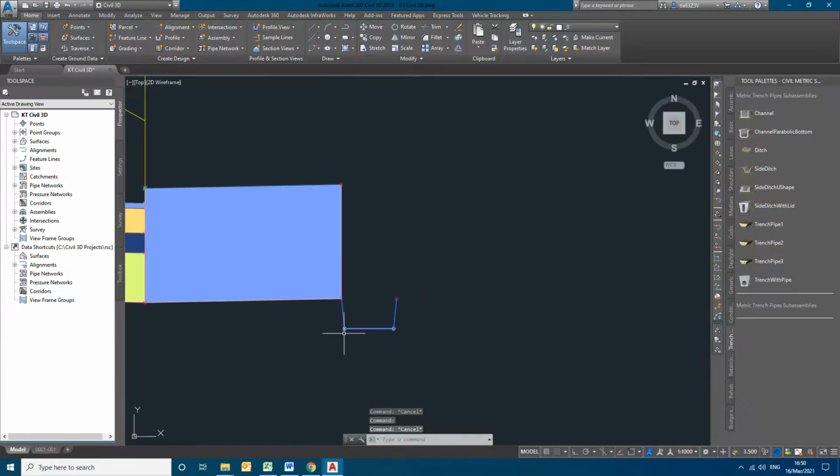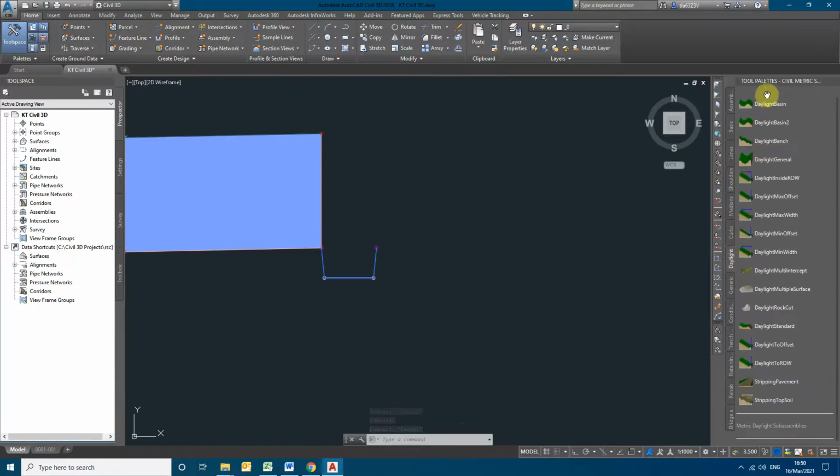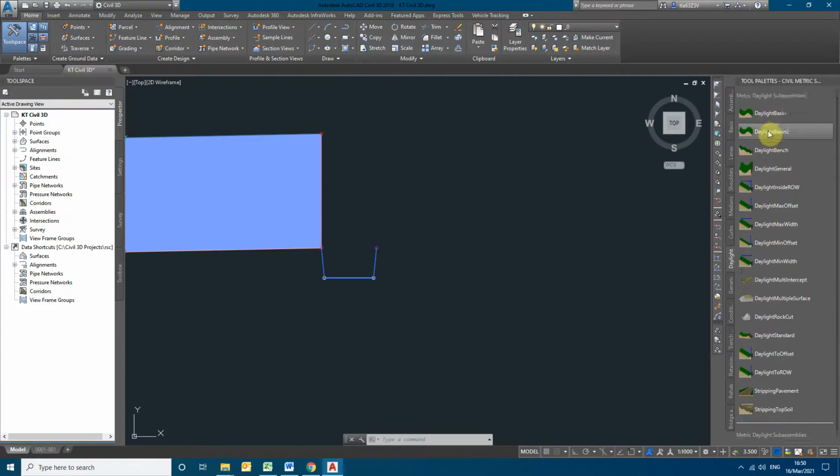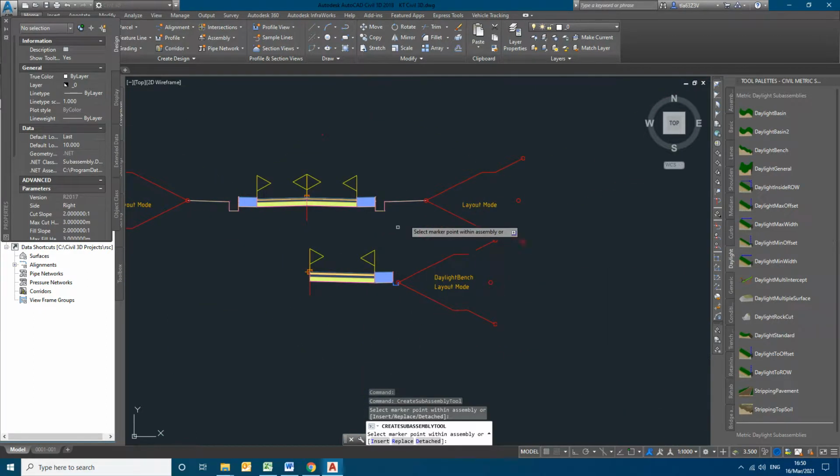In the same way, finally we will be applying the daylight. I can apply daylight bench or whatever it is, as per the requirement of the project. So I'm taking the simple daylight bench and applying it over here. You can see the daylight bench we had applied.